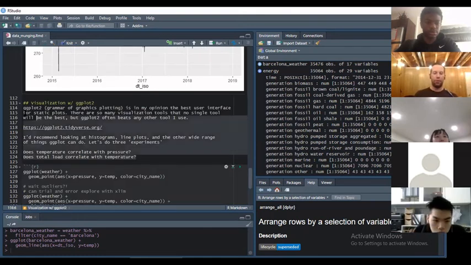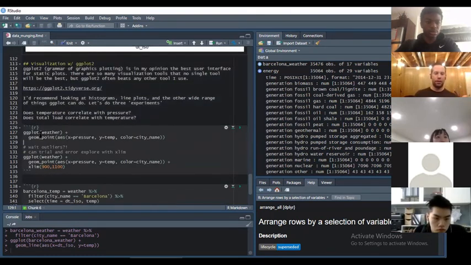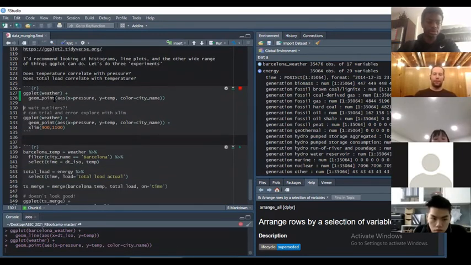I put a little bit more information about Ggplot here, but here is us putting weather. And then the nice thing is you can start to add layers. So if I wanted to plot weather and just plot pressure against temperature, I could do that, but you could also start adding in information so that I can see city name too. So if I plot that, the aesthetics, X is pressure, Y is temperature, color is your city name. And then once that pops up,